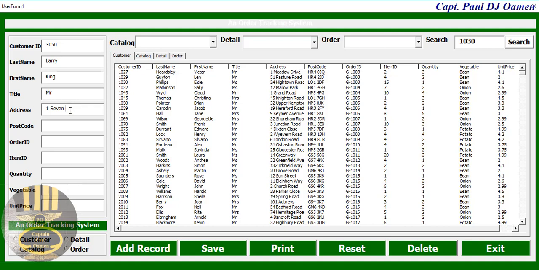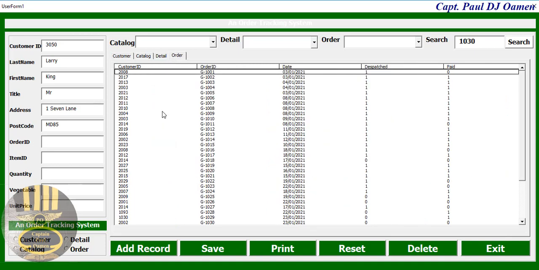Okay, let's say lane, and the postcode is, there we go, order number. We can then look for the order ID. Let's see the order IDs. Let's say it's G 1001, and the